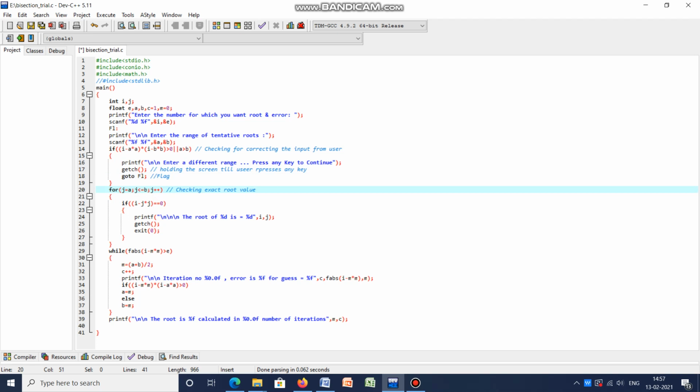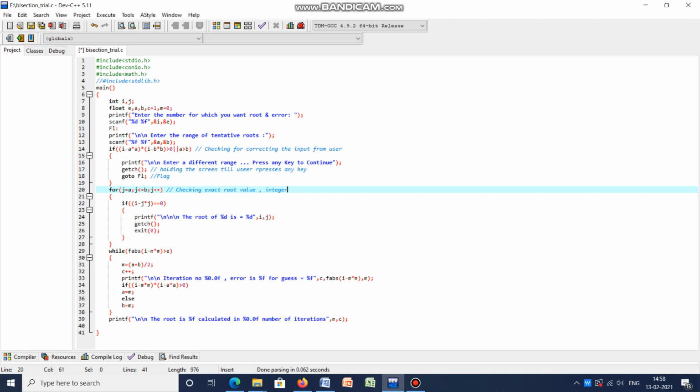तो देखो क्या हो गया, A से B तक है. अगर आपका नंबर है सपोज 9 and user has asked you that your root is lying between 1 and 5, ये सच है, 9 का रूट 1 and 5 के बीच में है. So if there is an exact root value, meaning integer value, because प्लस प्लस से एक स्टेप इंक्रीज होता है. So from A to B I am taking integer values.